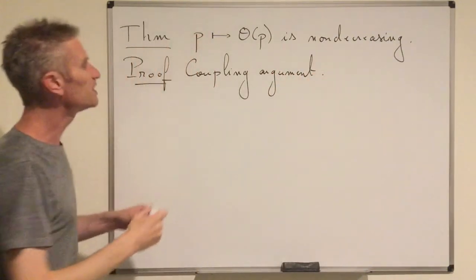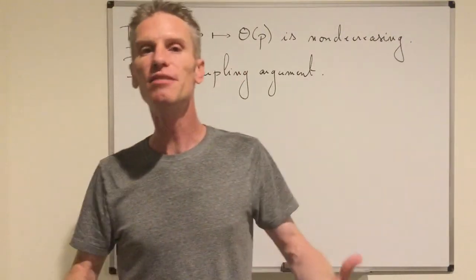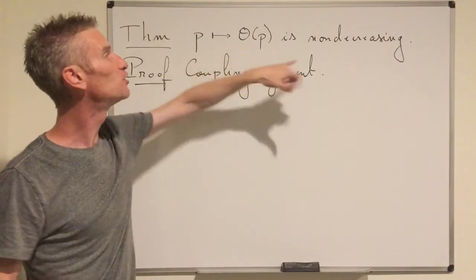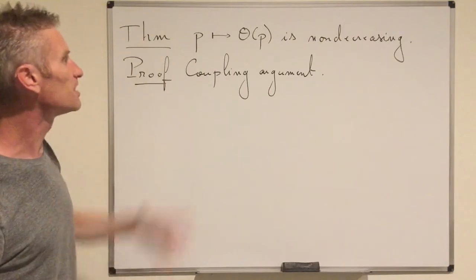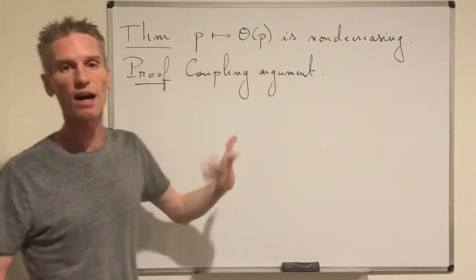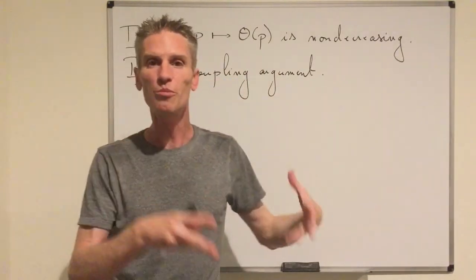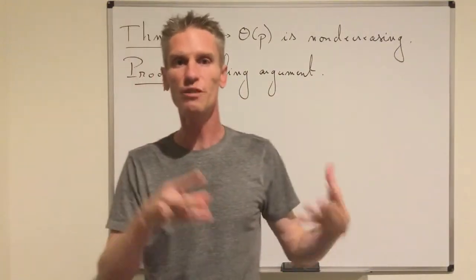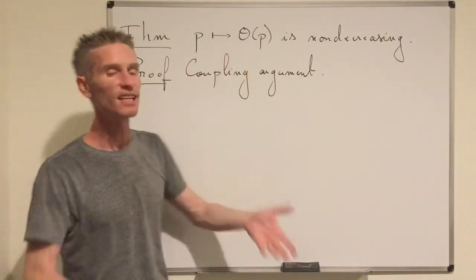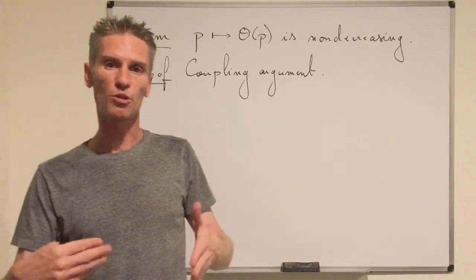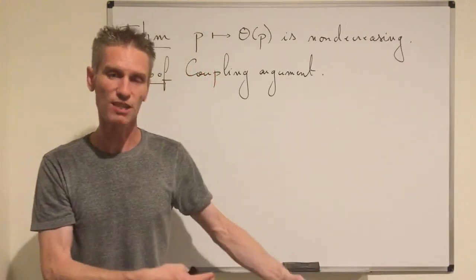And so the idea is that you want to compare objects that are completely unknown, but intuitively it makes sense again that this should be non-decreasing with respect to p. And so the idea of the coupling argument is going to be, after you fix p1 less than p2, to construct a bond percolation with parameter p1 and a bond percolation with parameter p2, but in such a way that if there is percolation for the process with parameter p1, then there must also be percolation for the process with parameter p2.